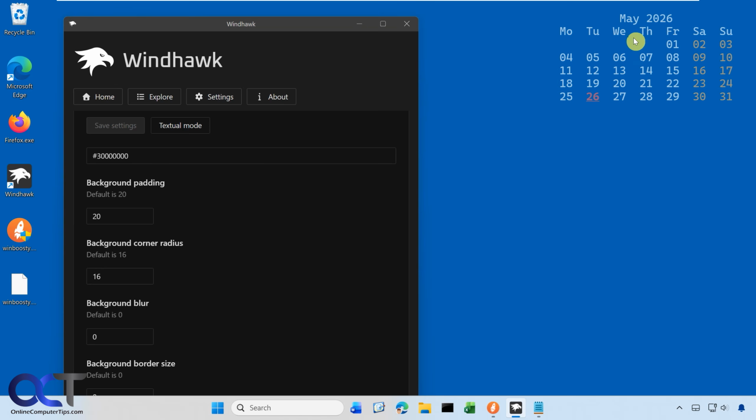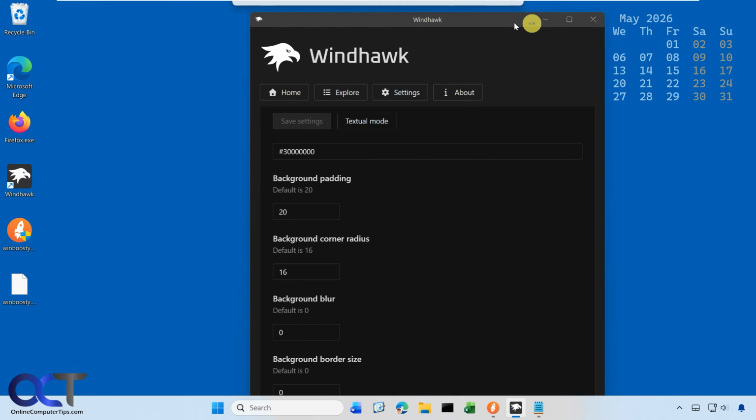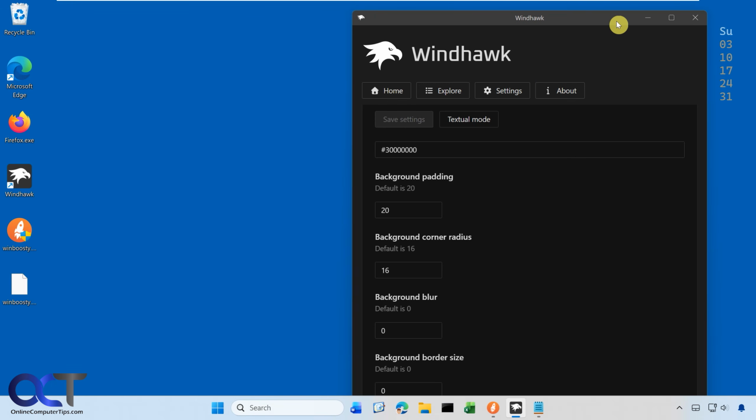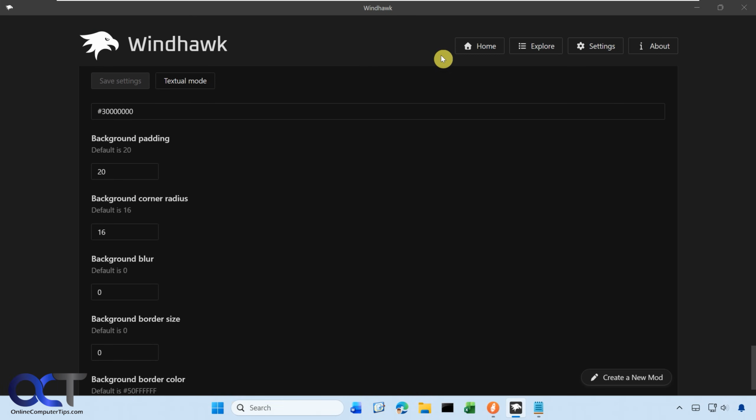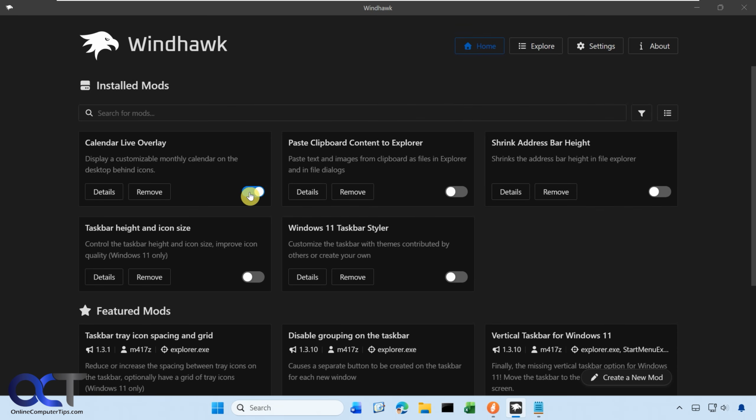You can't do anything with it, like click on a day or add notes or reminders or schedule things. But it's nice to have if you just want to have something in the background here on your desktop and you don't use the clock down here in the system tray. That way you can still see what you're doing here. And it's going to be behind your programs too, obviously, so it's not going to be hovering over them. So you'll have to make sure you can see your desktop to see it. All right, then if you change your mind, you can just come here, disable it or remove it,